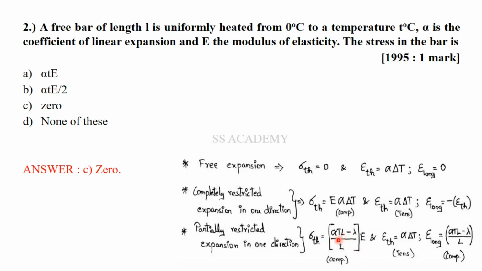So this longitudinal strain will cause a stress which is alpha T minus lambda by L into E. Remember, this T and this T are similar to del T. All are temperature rise, that is the temperature difference. T is not different from del T. To write this within the smaller area, I have used just T, but this T and this alpha del T are both one and the same.